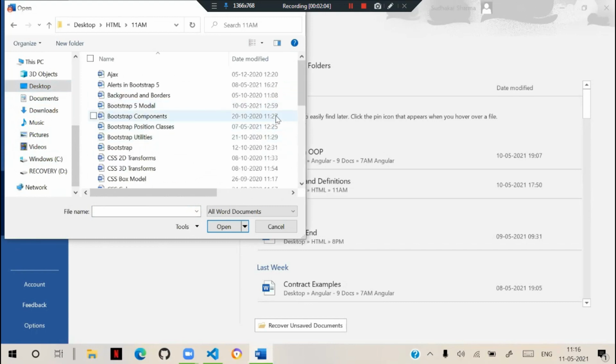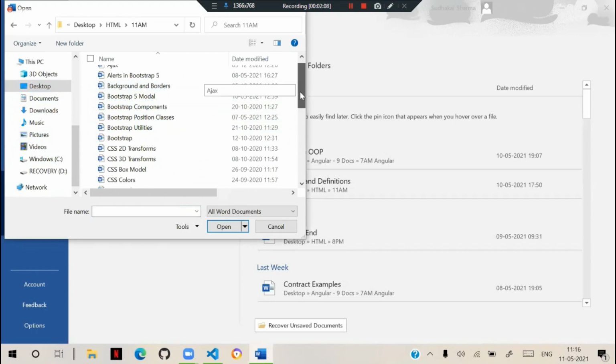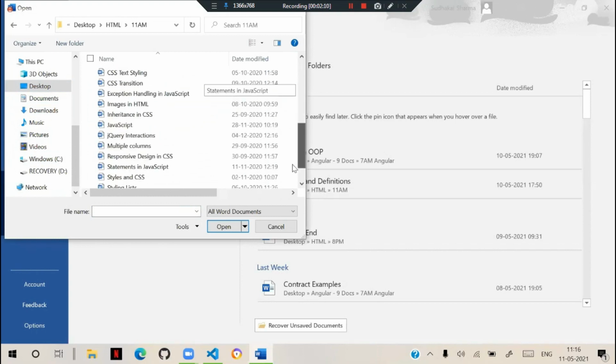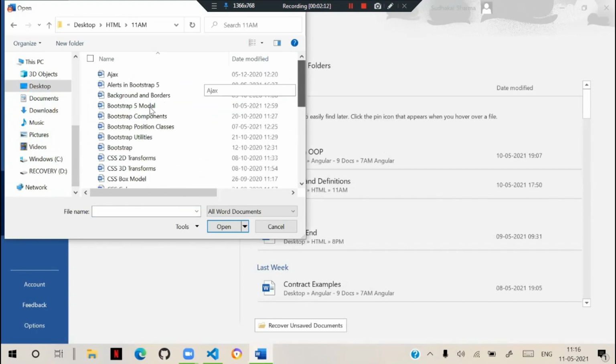Yes, so Bootstrap models, positions, alerts.